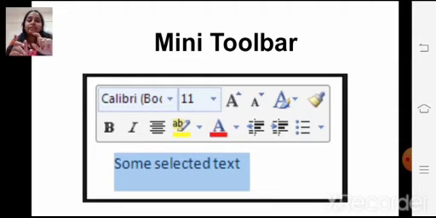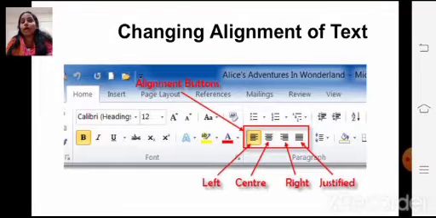You will immediately get a mini toolbar on your screen. From that also you can give formatting effects. So children, all these things we will see now. I will show it to you practically how to do it.